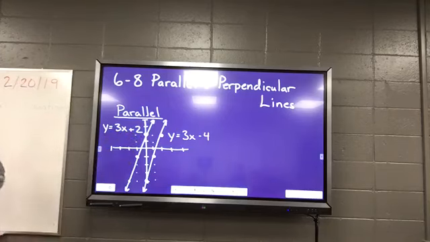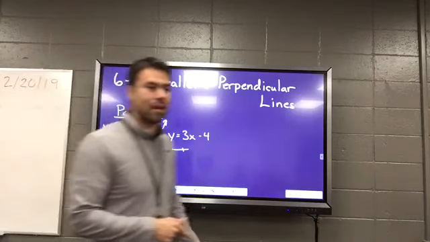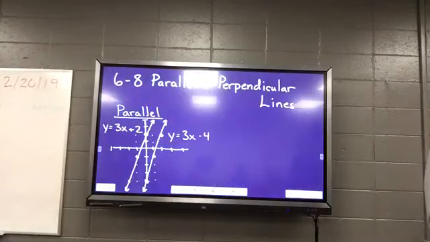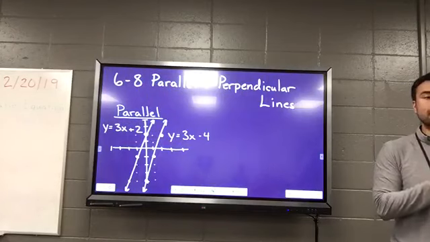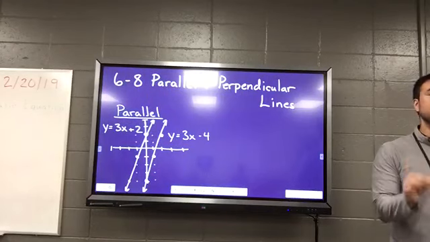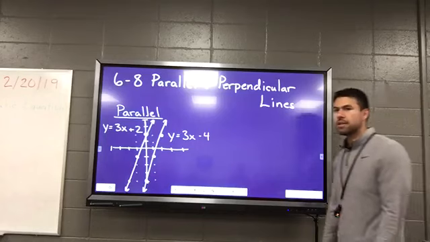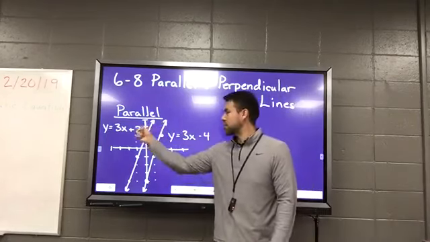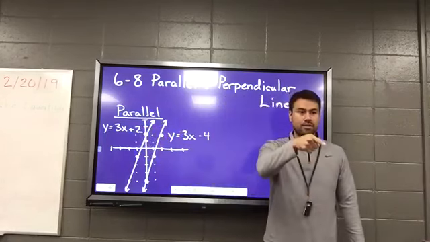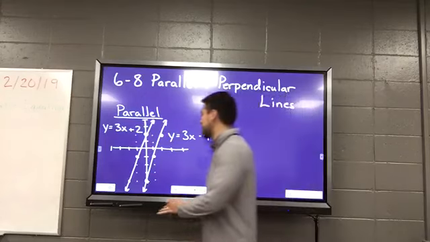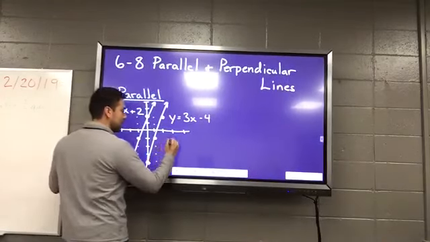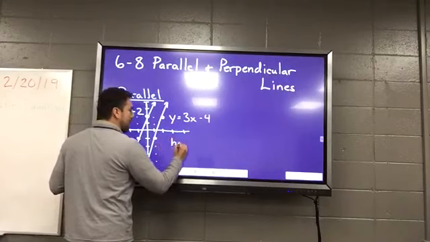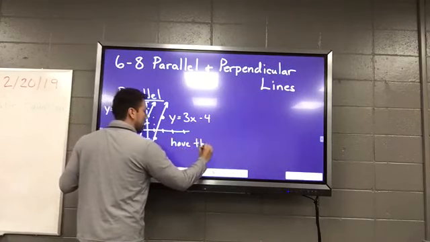Okay, these lines are parallel. Now, some of you may look more parallel or less parallel than mine, but I think from what I'm seeing, they're pretty much never going to intersect. What do you guys notice from the equation that tells me that they're parallel? Same exact slope. So parallel lines, you need to get this down because you're going to see this in different ways. Parallel lines have the same